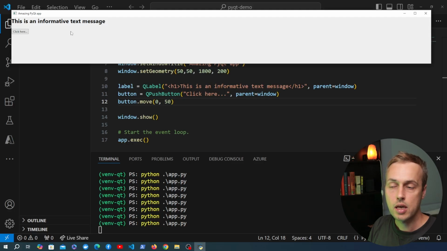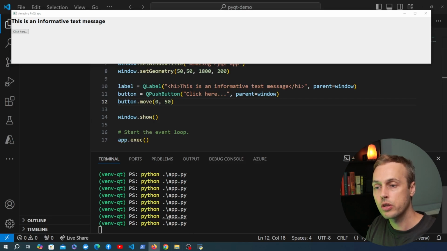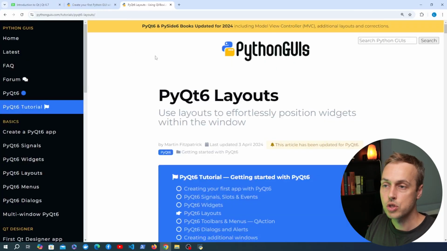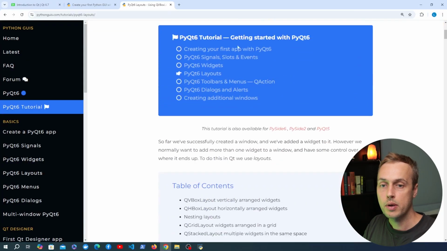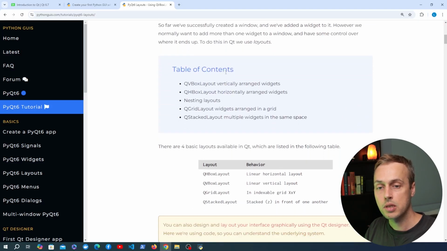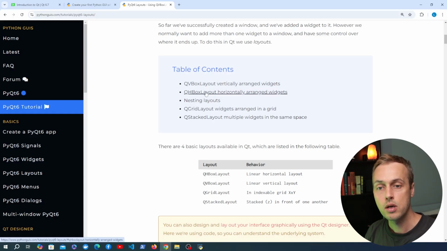Now this works okay, but it's not the most robust way of organizing the widgets in a user interface. It's better to use something called layouts in PyQt6, and we're going to see that just now. So I'm going to go to the documentation, and on the Python GUI's website, we have a page dedicated to these layouts. So what we can see in the table of contents are some of the different layouts that are available. For example, we have a QVBox layout and an HBox layout as well for vertically and horizontally arranging a